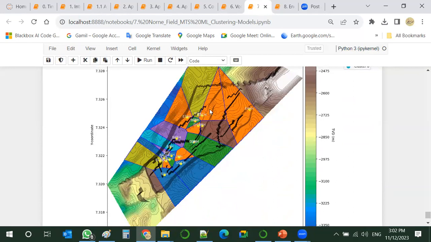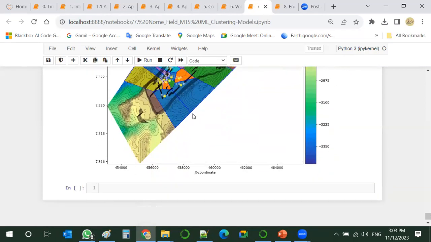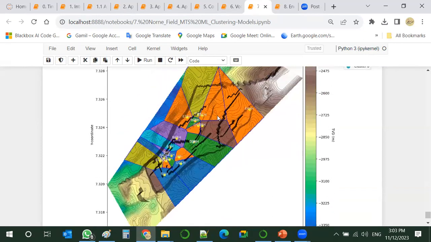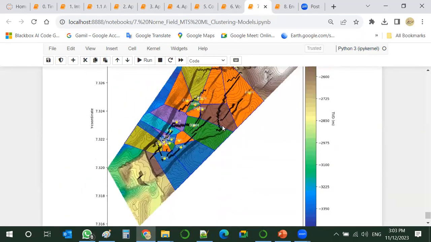This can give you a very quick and effective way of clustering and knowing the relationship between the different wells, how you can relate them, how you can model them, and how you can put them with regard to each other.